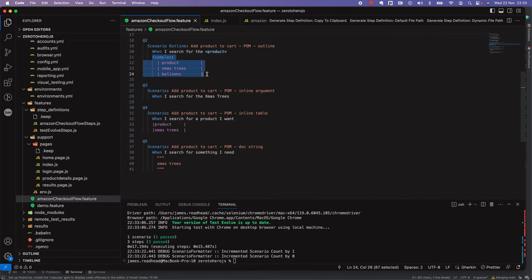Now what that essentially means is we can run this test over and over and over. We can pass through additional products, and it's going to run an individual test for each of the products that we add to this list. So if I run number 2 very quickly,